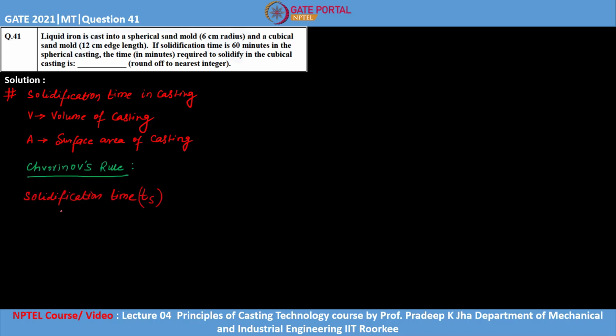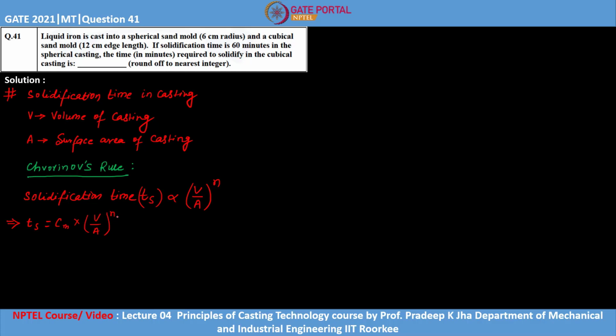The rule says the solidification time, denoted by Ts, is proportional to V by A to the power n, where V by A is the volume to area ratio. If you simplify this, we get Ts is equal to Cm into V upon A to the